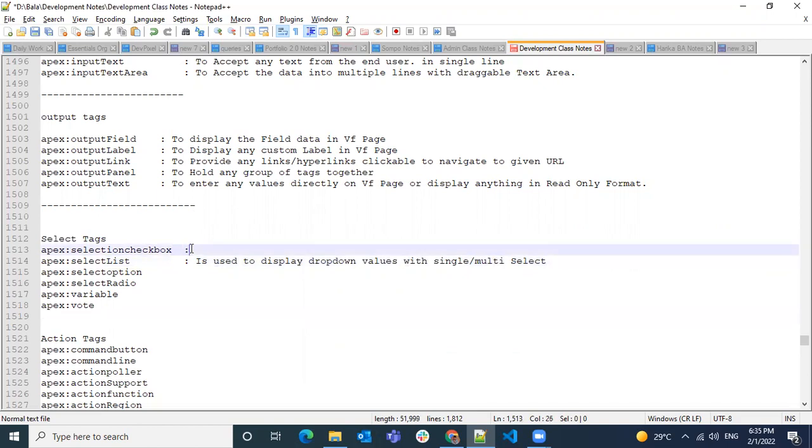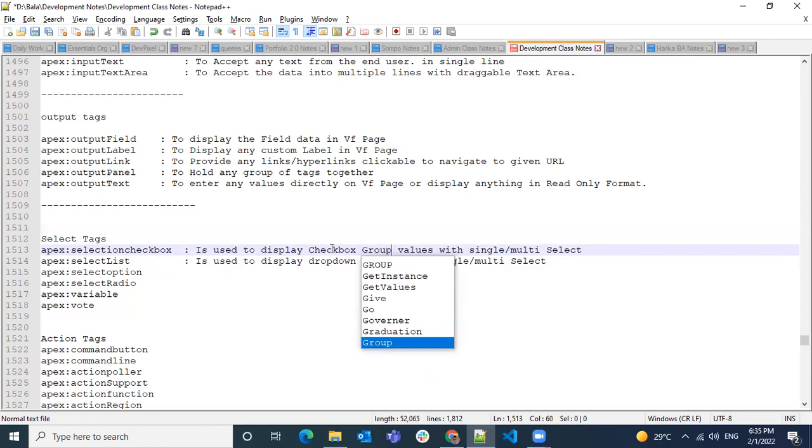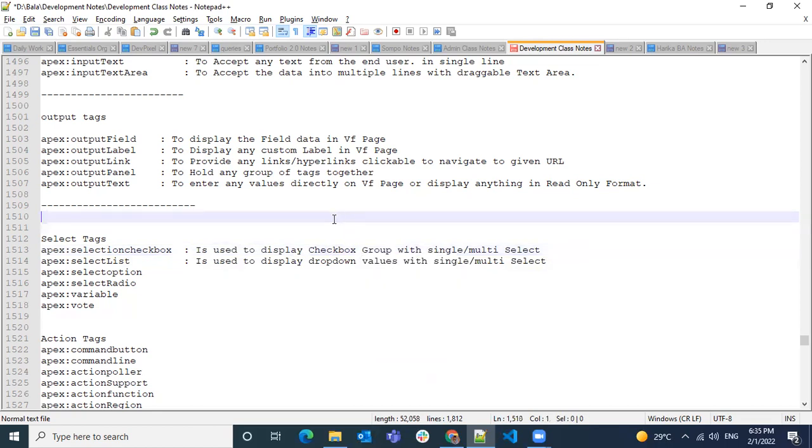Whereas if it's a checkbox, instead of a drop down, we'll be having a checkbox group to display, which is going to be a multi-select,